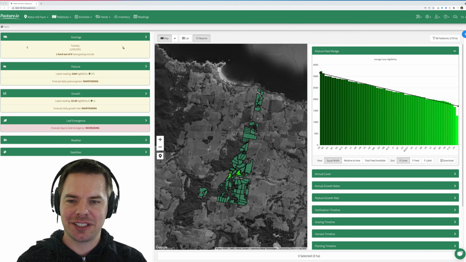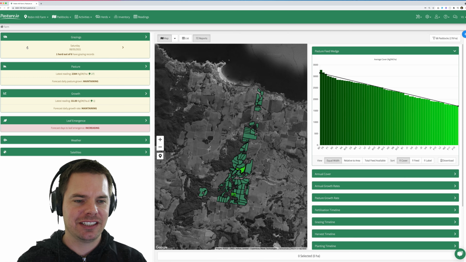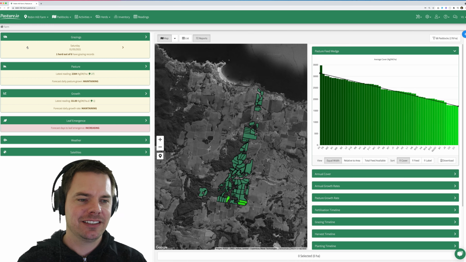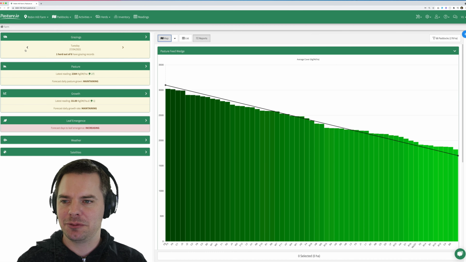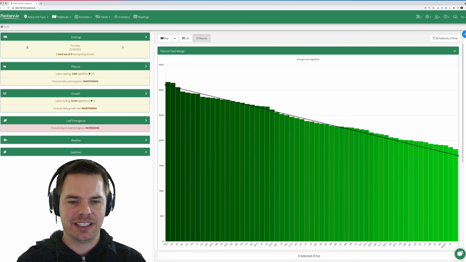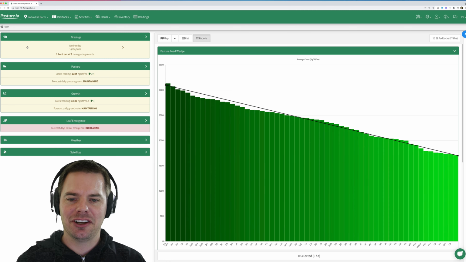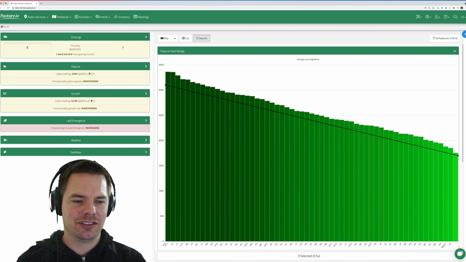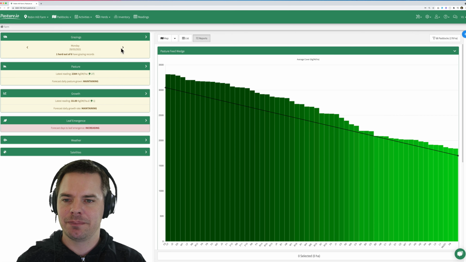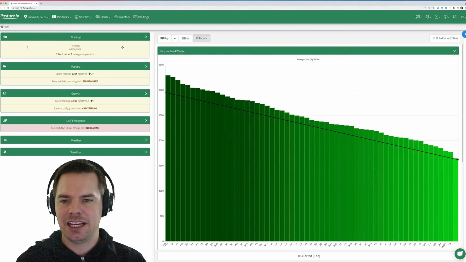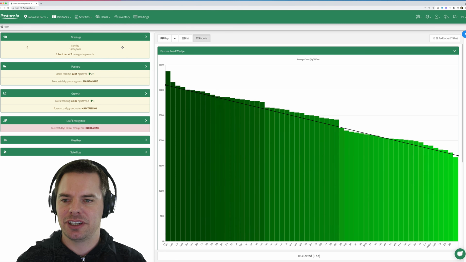The feed wedge is a predictive feed wedge. So what we can do is change the grazing to-do list over here, or the date. And as you can see, the feed wedge changes too. So to make this a bit bigger, we can see how the feed wedge changes over time based on measurements and grazing and whatnot. So if we go out past where there is a grazing record,